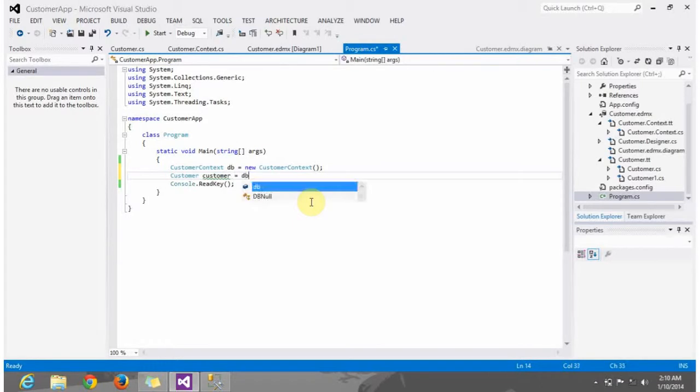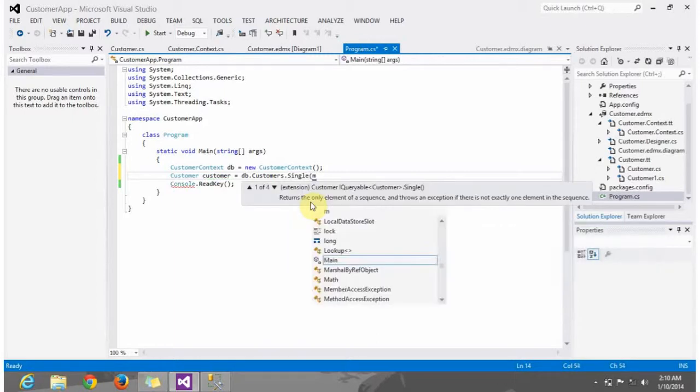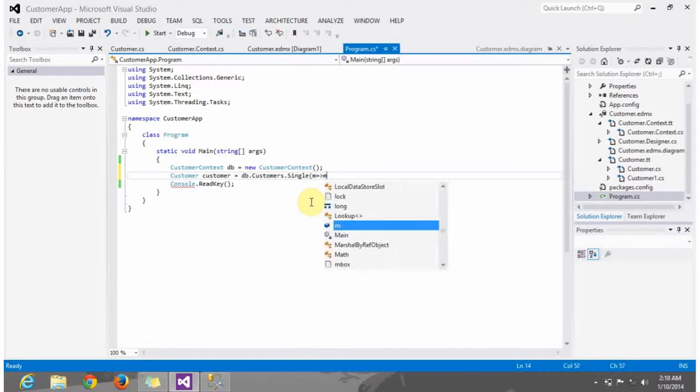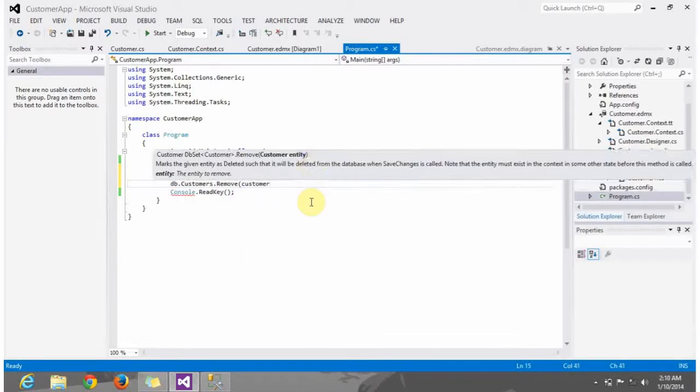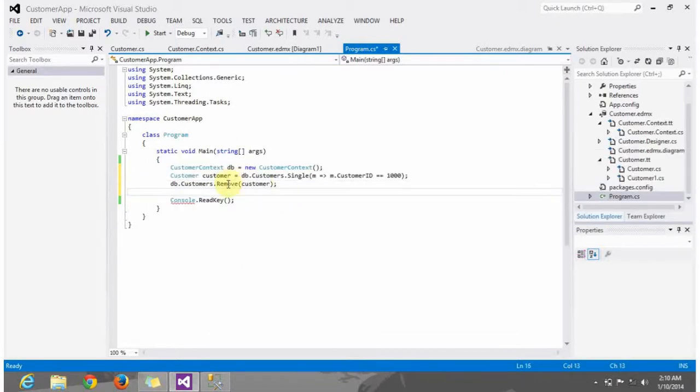So db.customers dot single or default, and put your lambda expression here, dot customer ID, let's say equals 1000. And we have to delete this object. To do that, db.customers dot remove, the object, this remove method,